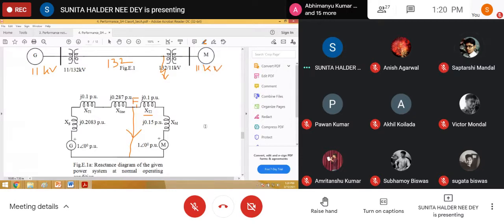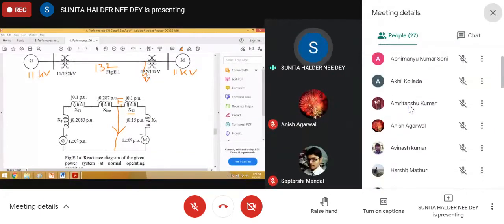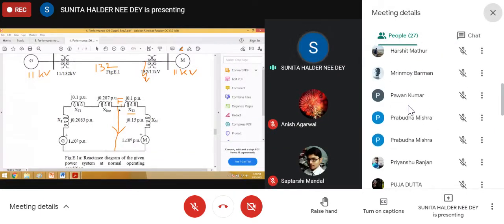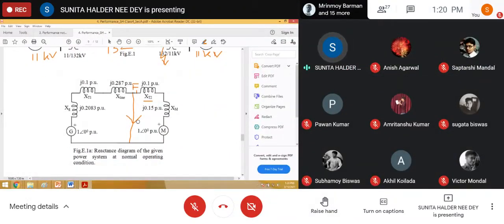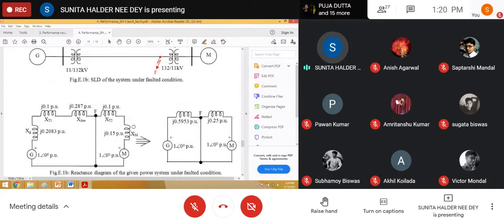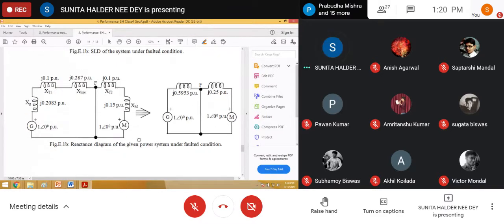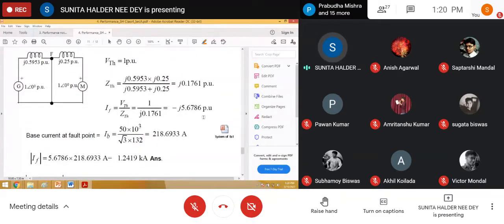Yes, ma'am. So here it is the transformer, the motor transformer HT side, high tension side, the 132 kV side. So for base voltage calculation, base kV will be 132 and you know the base MVA. We can make the equivalent of this reactance, then you can easily calculate the current. I shall give you this note also. So here by any means the fault current will be this much, right?